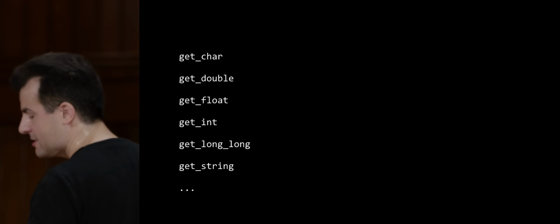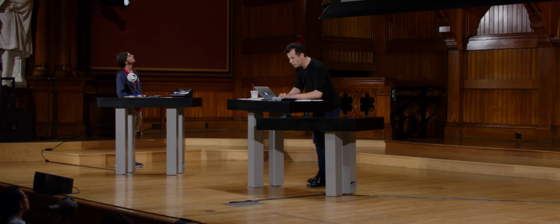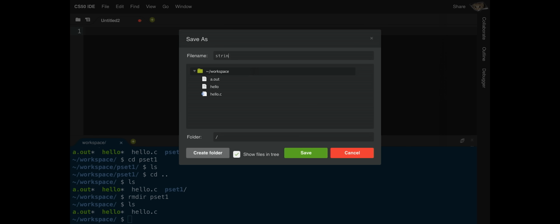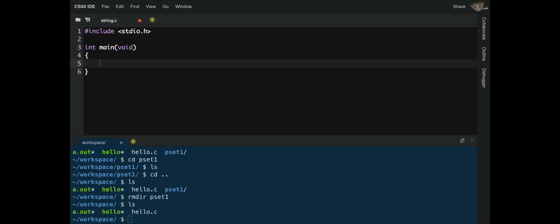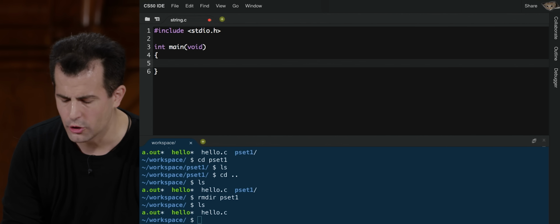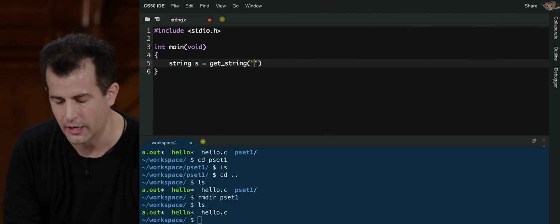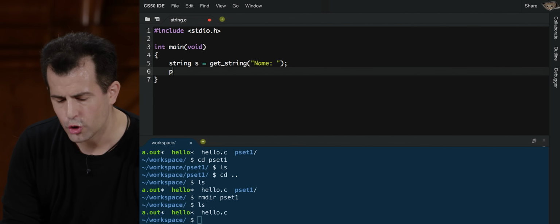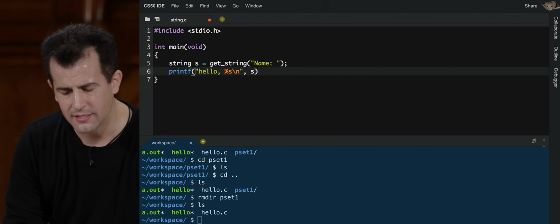And so now, if you wouldn't mind, Sam, I'm going to write another program with you right there. And it's going to look instead like this. I'm going to create a new file called string.c. I'm going to include stdio.h, int main(void), which is just copy and paste from before. But instead of just typing out hello world, I'm going to do this. String s gets get_string("name"). And then I'm going to do printf("hello, %s\n", s);